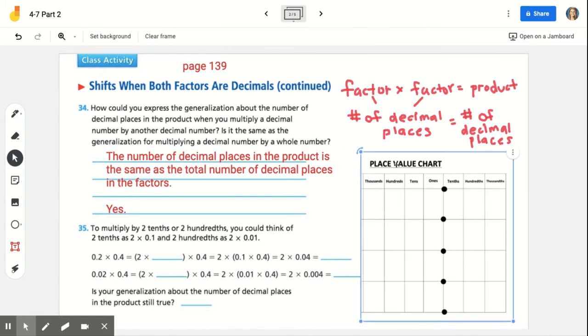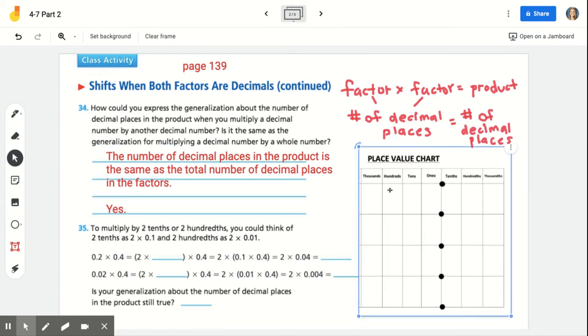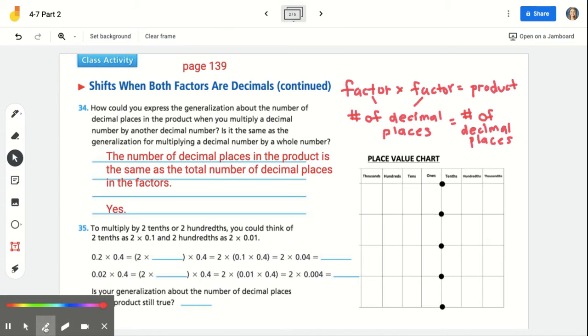Okay, so that's the rule that we've been working with. We've also been working with our shifting patterns. And number 35 is going to go along with some place value chart work, so get that ready. And it's a little complicated. I'm just going to warn you now. So let me read it out loud and then I will walk you through it. It says to multiply by 2/10 or 2/100ths, you could think of 2/10 as 2 times 1/10